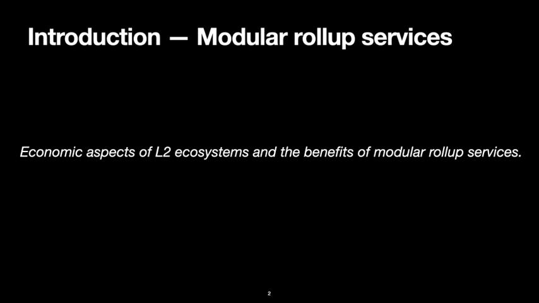Now, because the rollup needs to know about its own state as well as the state of the L1 at all times, the cost of running a rollup is strictly higher than running just an L1, because you're basically now having to take care of two different chains. So this must mean that there must be some utility that's generated by using a rollup that justifies spinning it up. Now, this might seem obvious, but since we're going to talk about the economics of rollups, I think it's important to highlight.